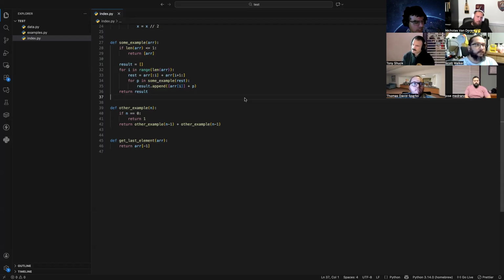This is O of 2 to the n. This is not factorial, it's exponential. Also very bad. And you can tell it's bad, and it's probably along the lines of exponential because you have a recursive call. Not only do you have one, you have two.